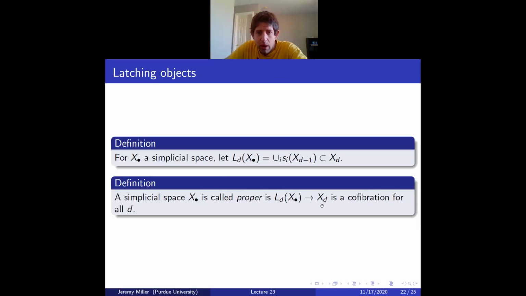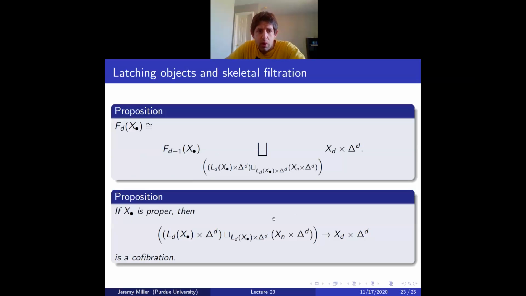And so, okay, why do we care about these latching objects? Well, the D-1 skeleton is a push-out of the space of D simplices cross an actual D simplex, a push-out over some complicated thing involving latching objects, whose formula, I don't know if I wrote it down correctly, and I've not internalized myself, but the proposition is